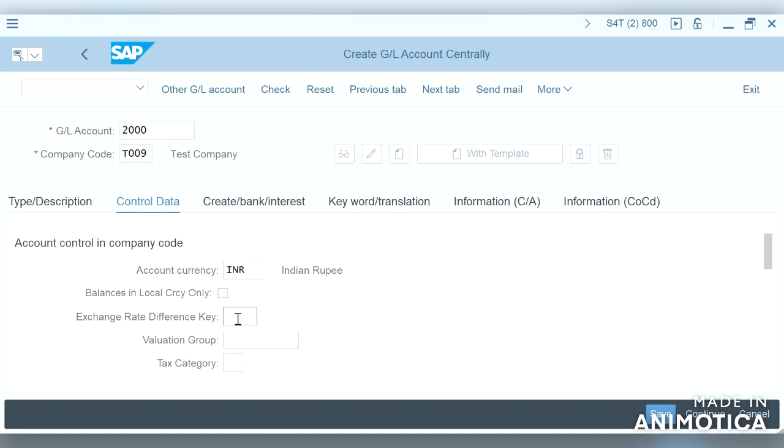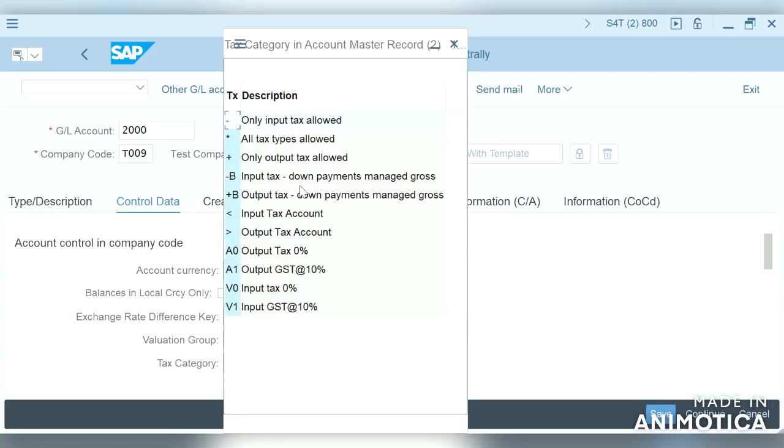Exchange rate difference key. This key specifies where exchange rate variances will be posted to. Tax category. The tax category will allow the entry of a tax code during postings to the account.